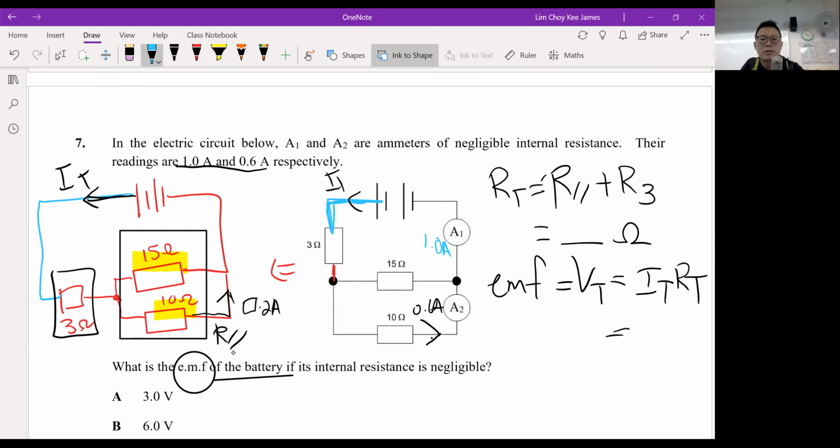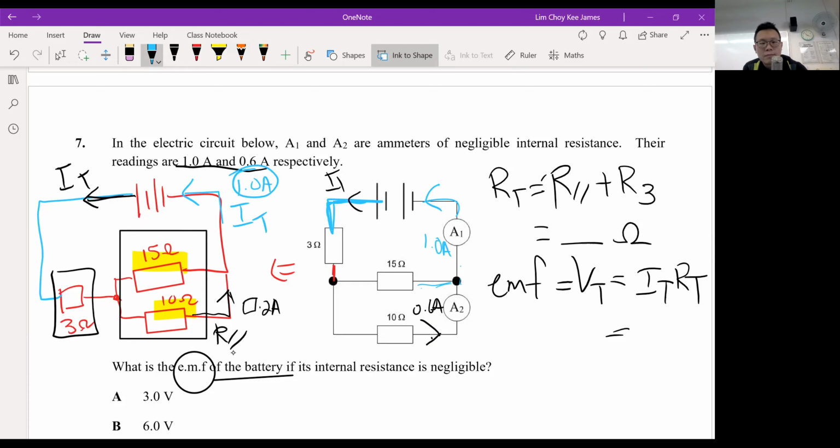So where is your 1 amp? 1 amp here is after the current comes out at the node, they merge back. So this is the current returning to the battery. So 1 amp is actually here, IT. 1 amp is the current that is going back to the battery. So from here you can see that IT, going back to the battery, is actually 1.2